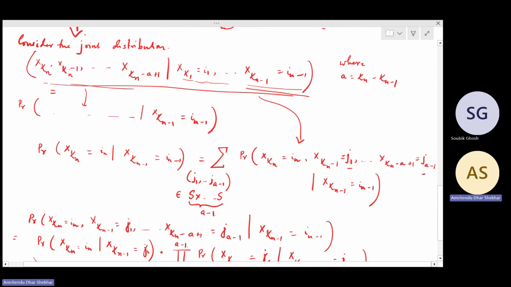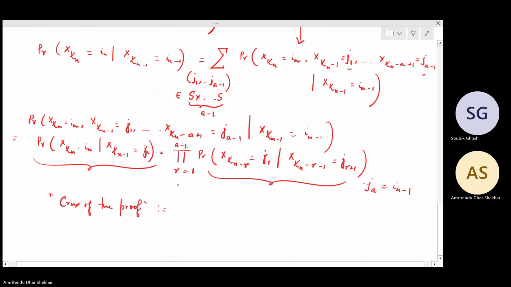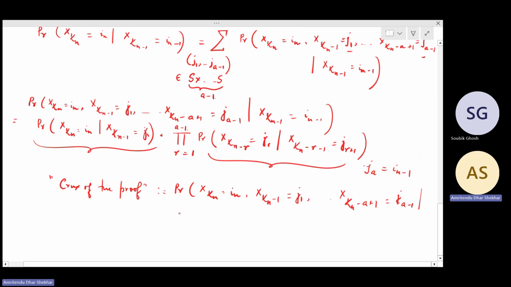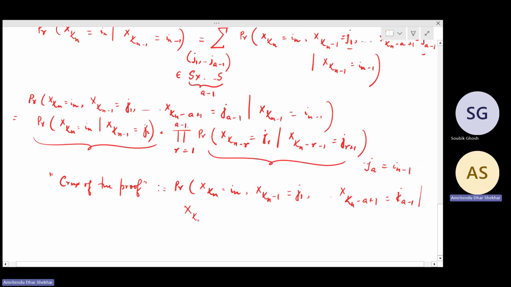So the crux of the proof is this observation that the probability of x_{k_n} = i_n given x_{k_{n-1}} = j_1, up to x_{k_{n-a+1}} = j_{a-1}, given that x_{k_{n-1}} = i_{n-1}, up to x_{k_1} = i_{k_1},